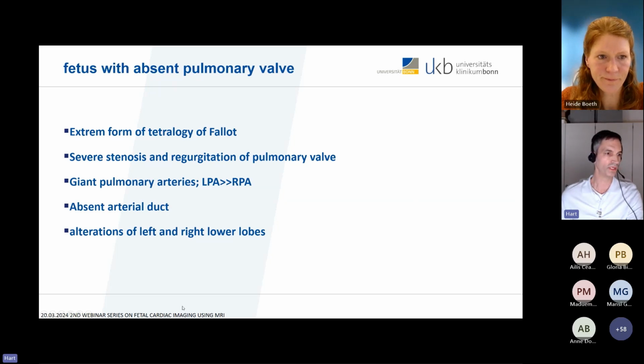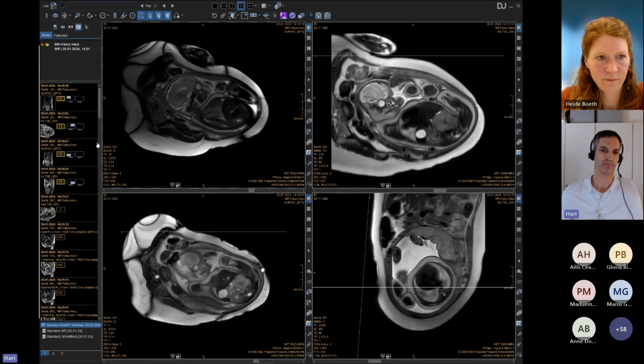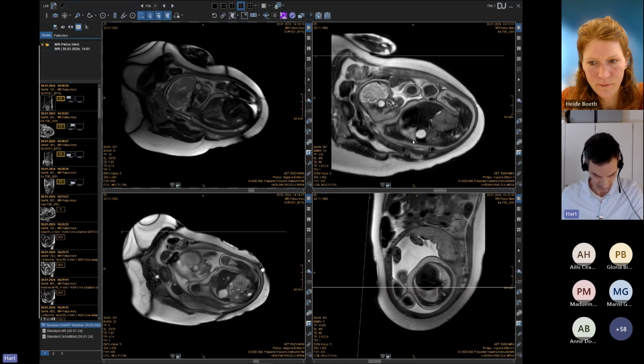So I will show you some images. As I mentioned, we start with the first survey and with the first SSFPs to get an idea where the heart is and where we can place the ultrasound transducer. The first single shots, the first black bloods that we used, are aligned to the mother. You can see this is the belly button, so we have an orientation to place the transducer on the mother's belly. And afterwards, this is the second survey.